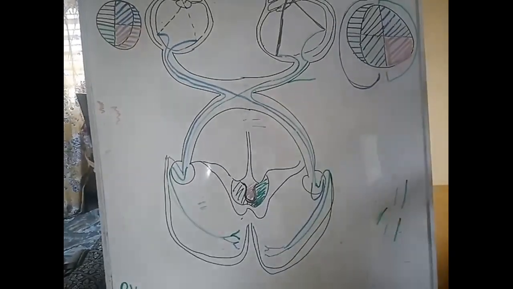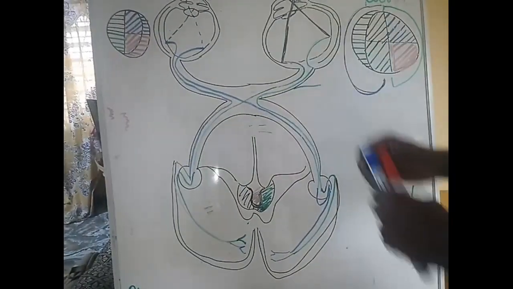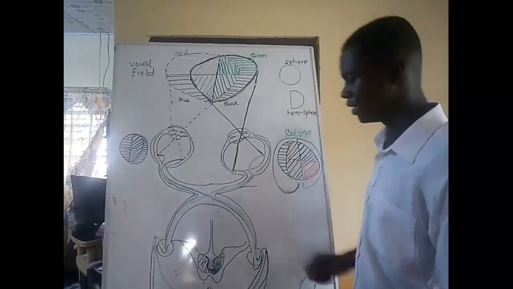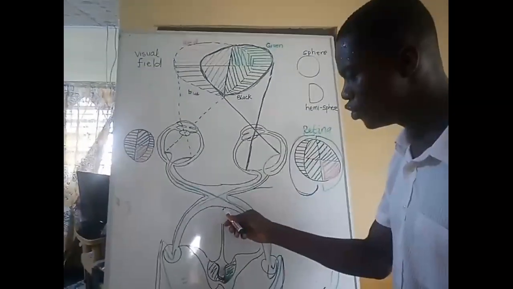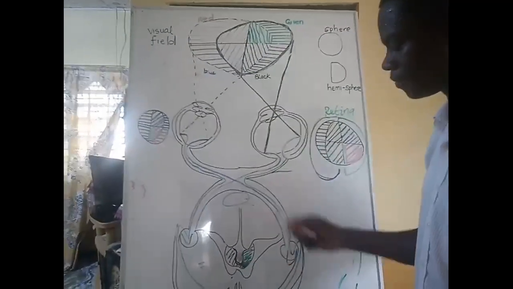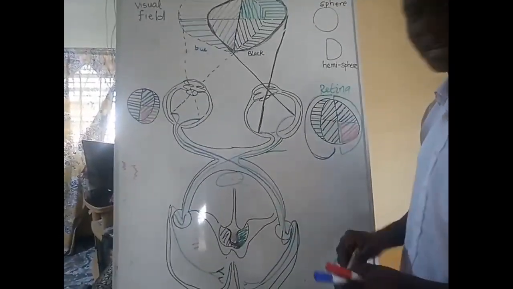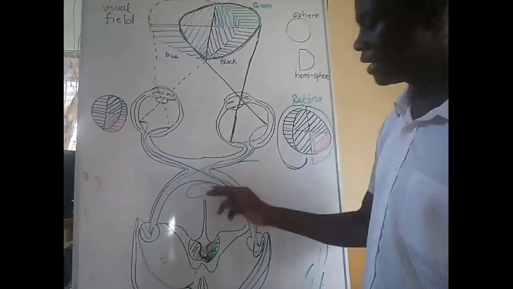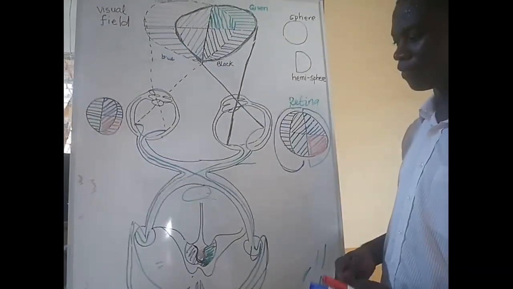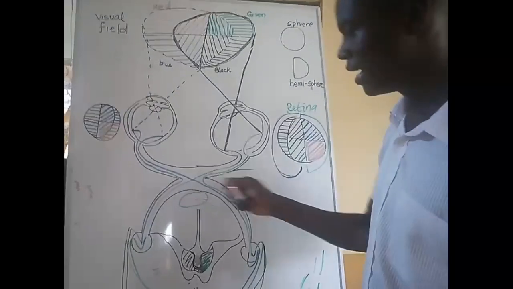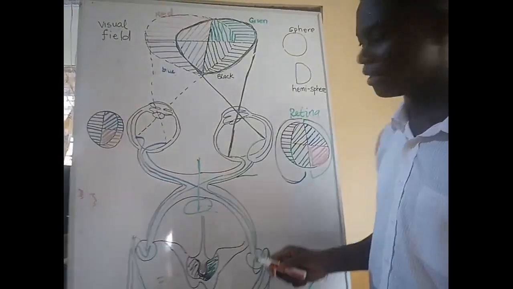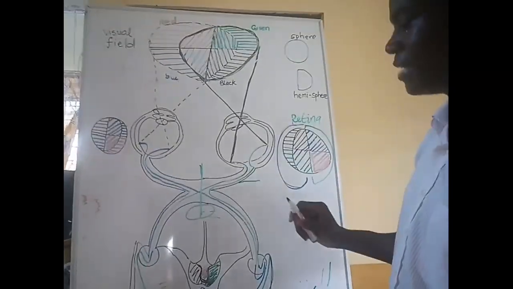Good. Now, this is the visual field of the eye. Now, let's look at a very important clinical correlation. Now, there is a case where sometimes tumor, the pituitary gland, when the pituitary gland becomes cancerous, it can become so big it compresses the optic chiasm or the optic chiasma. What happens? If there is a lesion here, there is a lesion to this side, we are going to see that